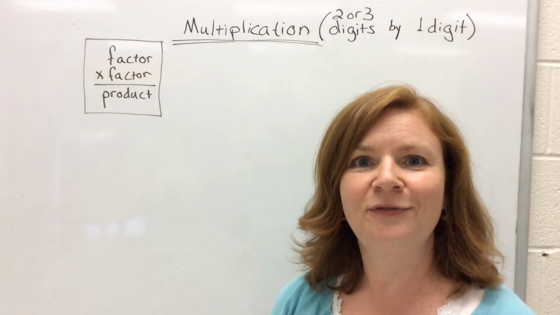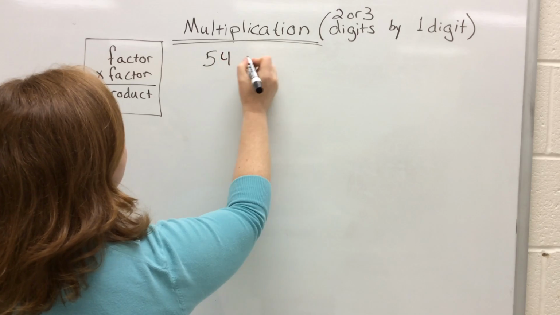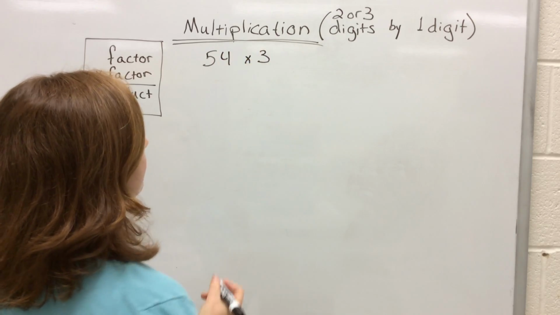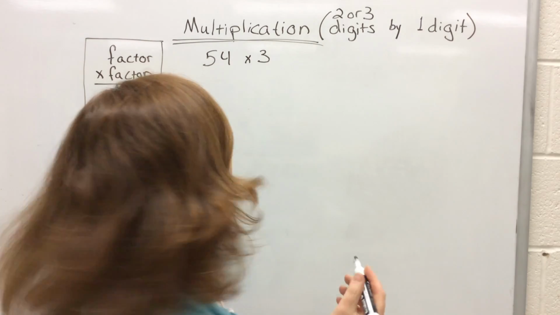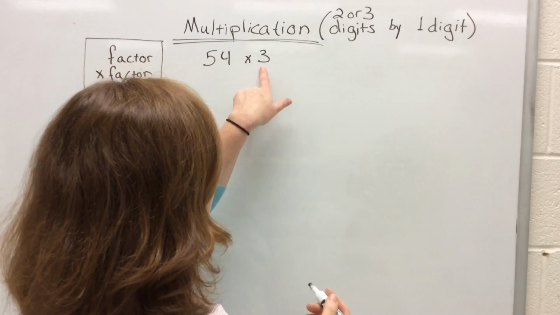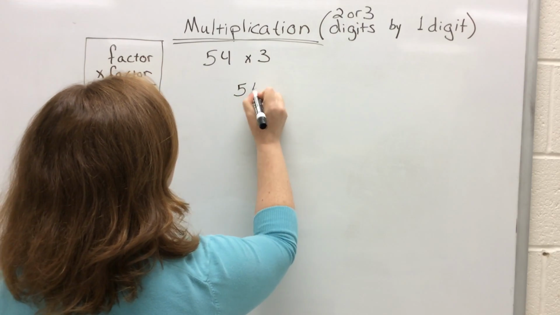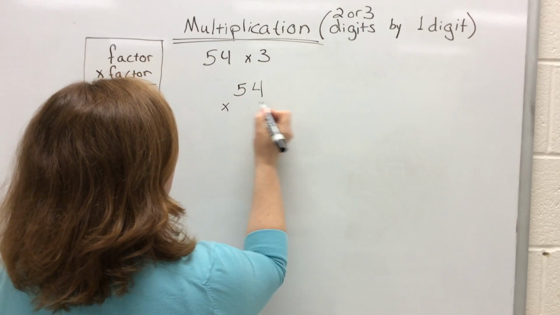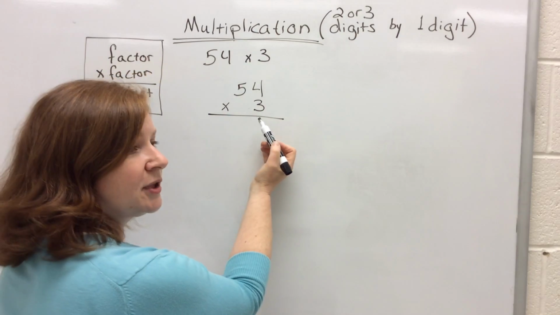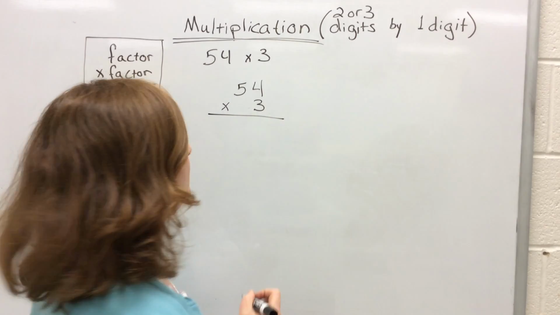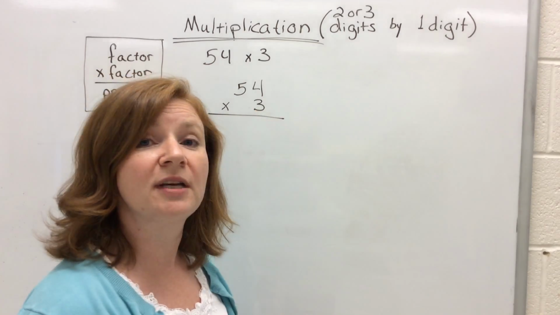Our first problem is 54 times 3. Okay, I'm going to set it up by putting my factor with the most digits on top. 54 has 2 digits and 3 only has 1 digit, so 54 goes on top. And 3 goes on the bottom. Notice I lined up my ones place because I'm working with whole numbers. So my 4 is in the ones place, and my 3 is in the ones place, and they line up